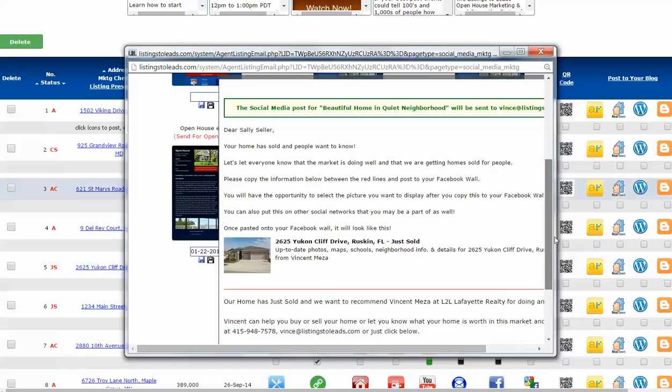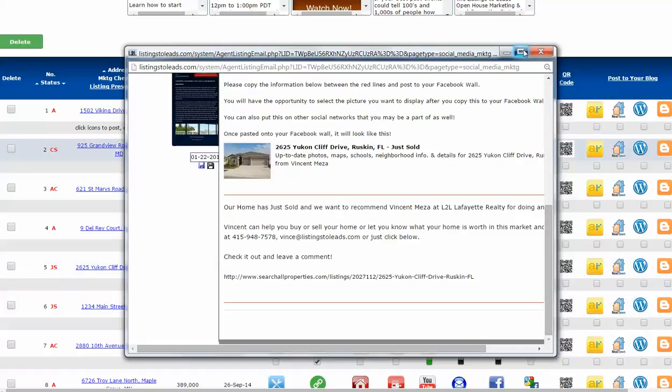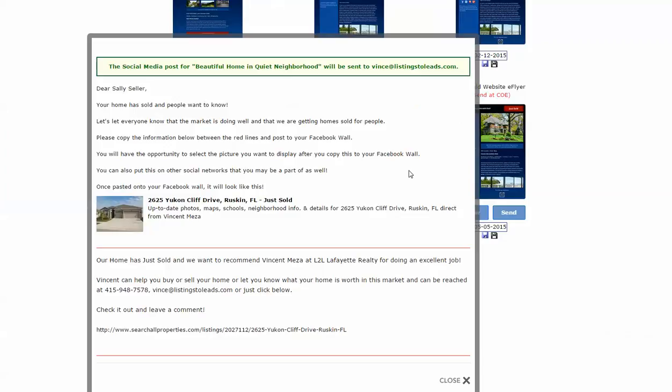You get a flyer automatically in your email, and it looks like this. And it's basically meant to go to your client as well, okay? And you should read it. It shows up automatically in your mailbox, but I want you to understand what is supposed to happen. Your client is meant to copy what is between these two red lines,